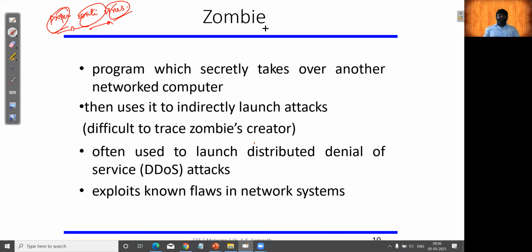We'll proceed further. I am going to explain another malware called a zombie. A zombie is a malware or program which secretly takes over other networked computers. Now the worm and zombie can propagate over the network.